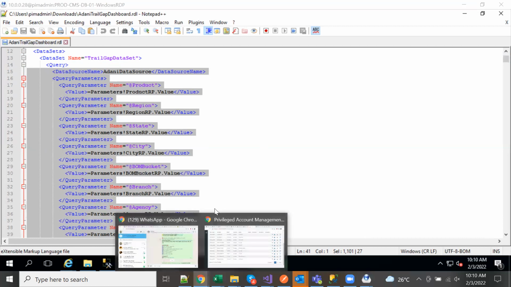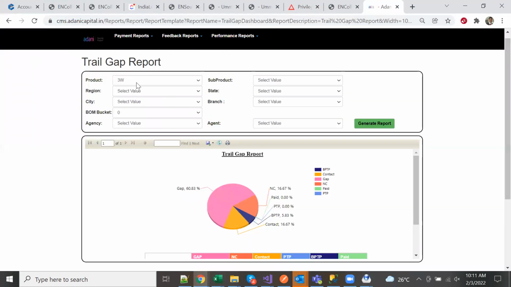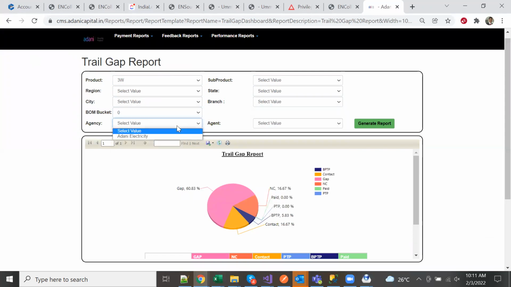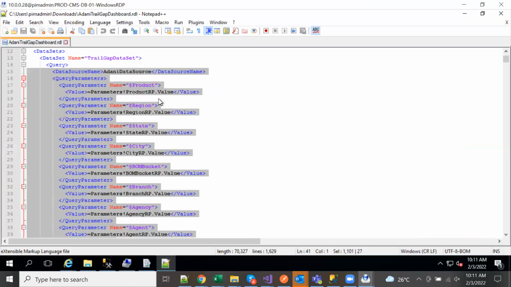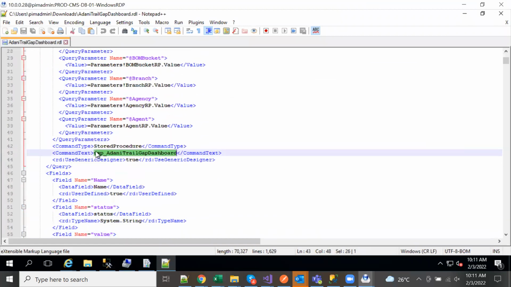Let me relate this to the screen we have seen earlier. Product, subproduct, region, state, city, branch, bomb bucket, agency, and agent. Now, these are all the parameters we are going to pass on to the stored procedure, which is USP underscore Adani trail gap dashboard, right?